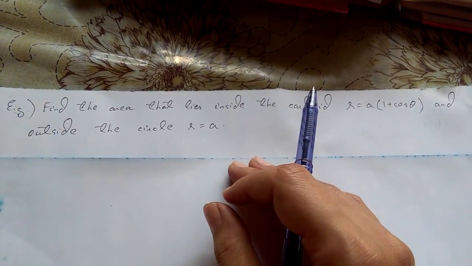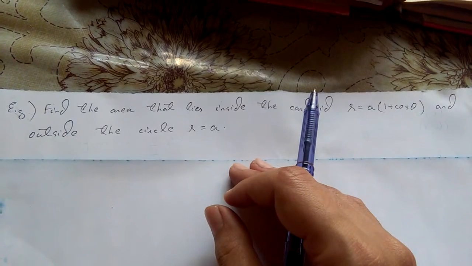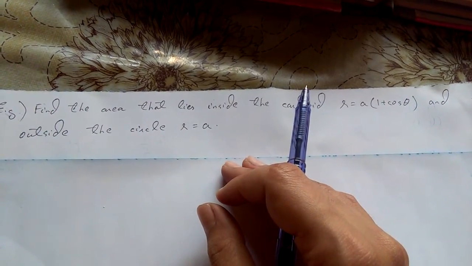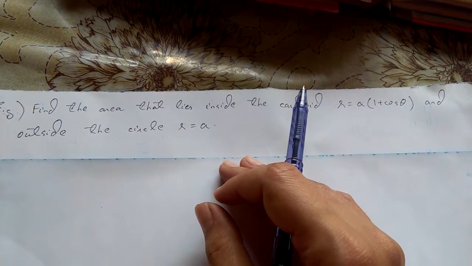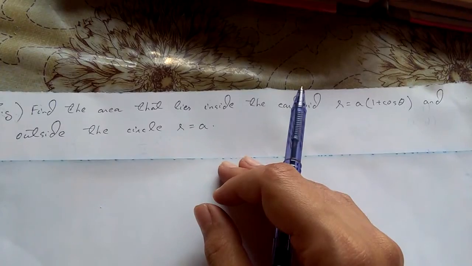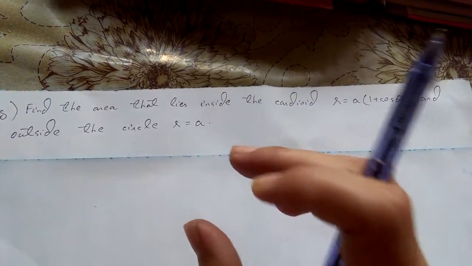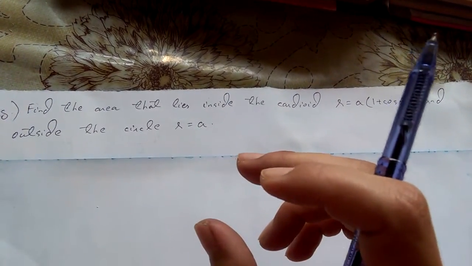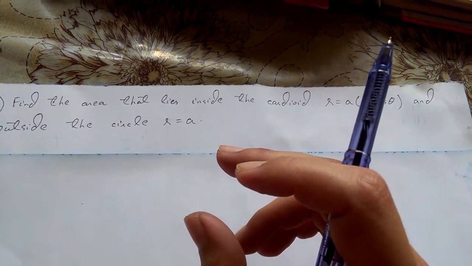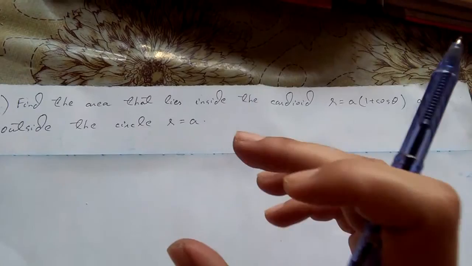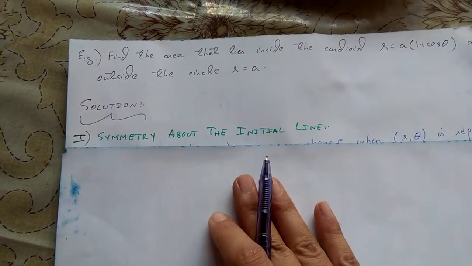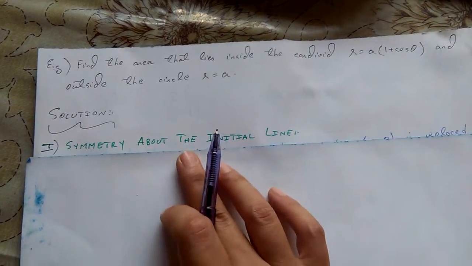So first of all we are going to sketch the cardioid, and try to understand its symmetry with respect to the pole and with respect to the initial line and all that. It's easy for us to sketch a circle, it's not a headache, but the major task that we have to perform here with due concentration is the sketching of the cardioid. So this is the solution, and we have to check its symmetry about the